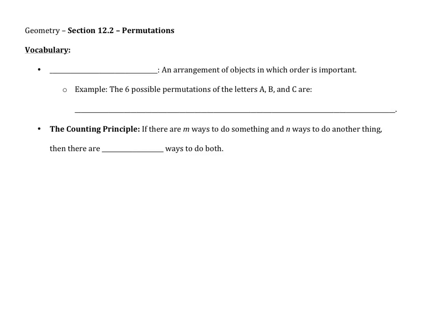In section 12.2, we're going to be finding probabilities using permutations. So first, let's define what a permutation is. A permutation is an arrangement of objects in which order is important. So, for example, the 6 possible permutations of the letters A, B, and C are ABC, ACB, BAC, BCA, CAB,